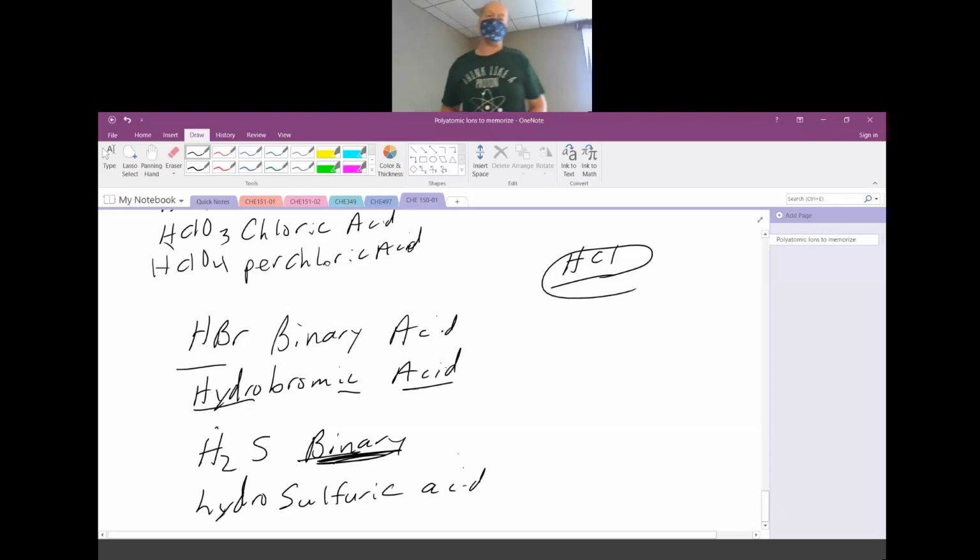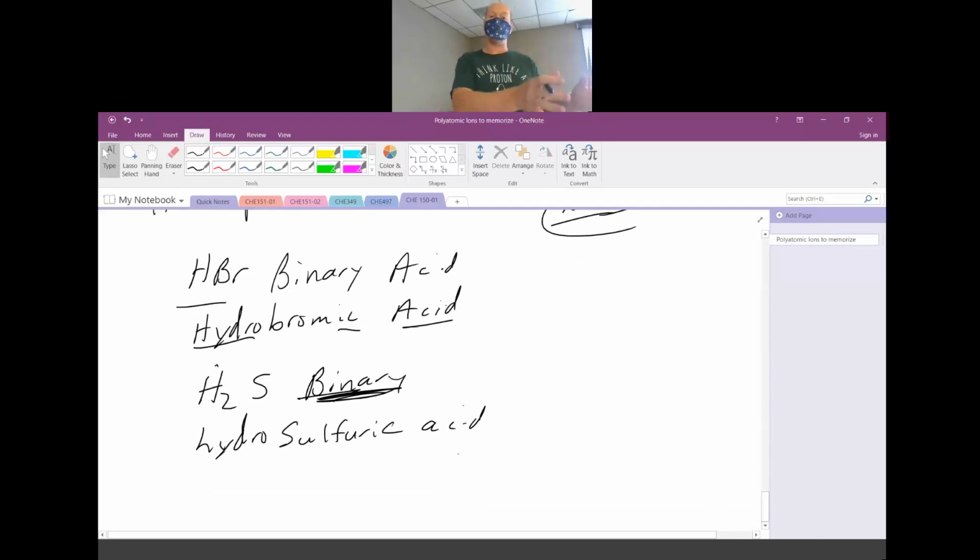And if you just call it hydrosulfic acid and don't put the UR, again, I don't care. The key is it has to have hydro and end in ic acid with the base name for the sulfur. Very interesting one, if you have H3N, a name for this, if I said name this acid, you would follow the acid rules, and this would be hydronitric